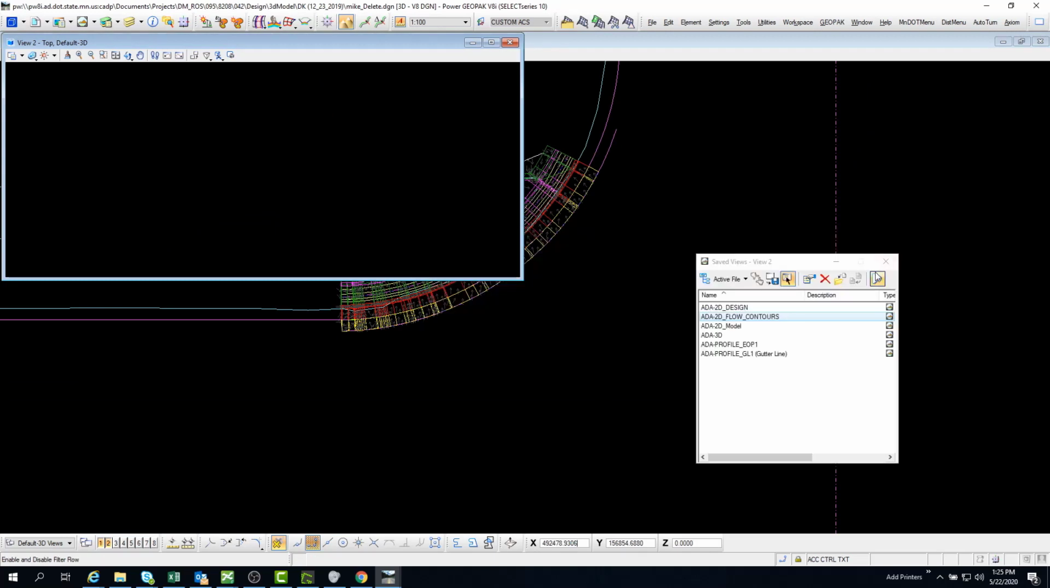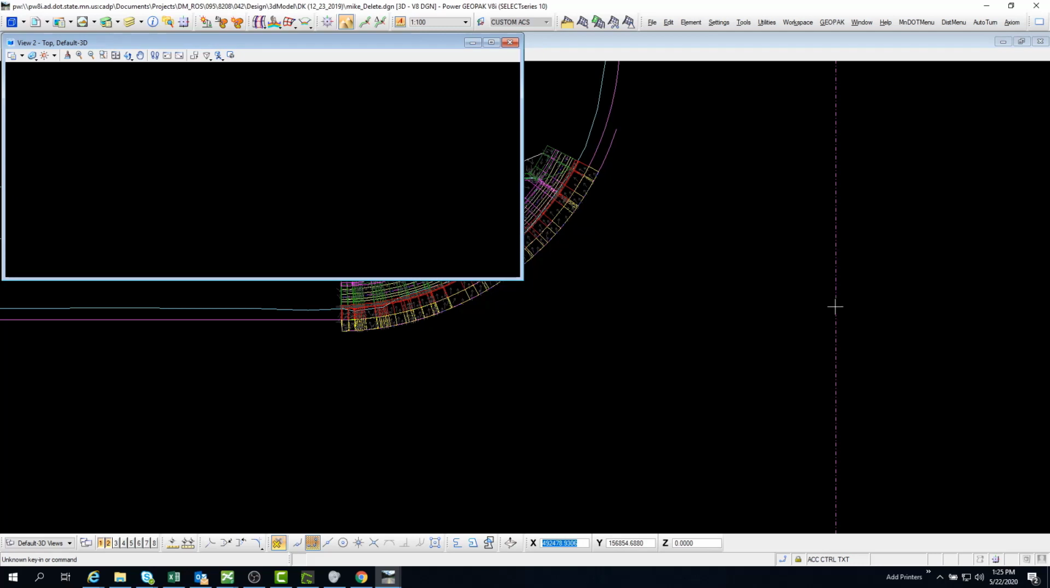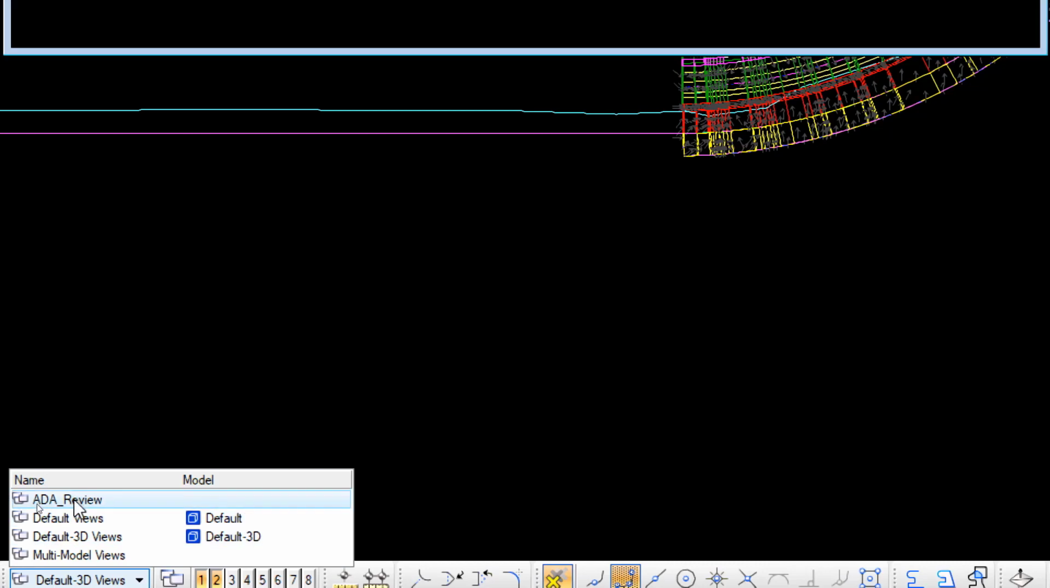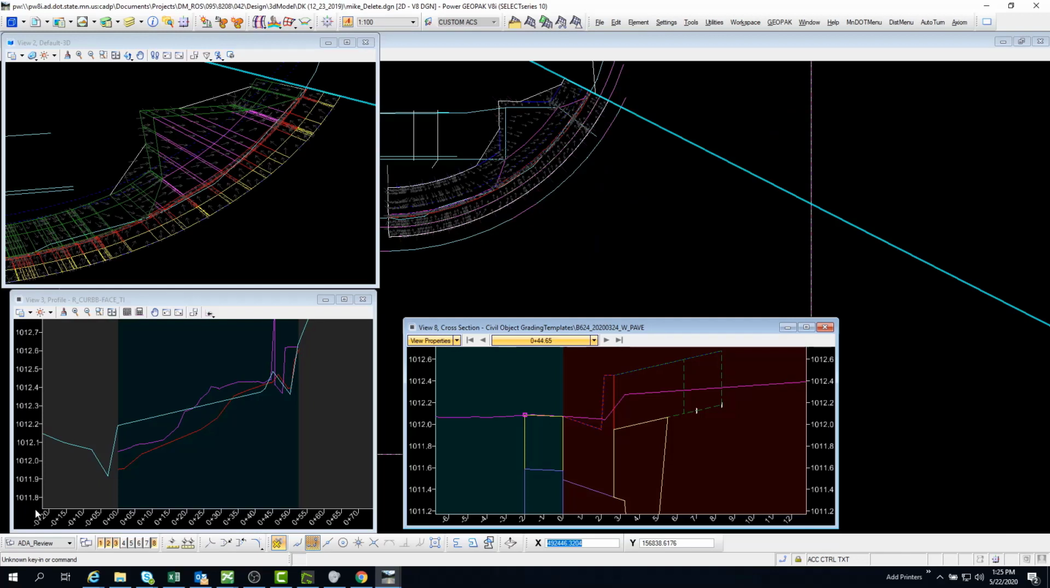ADA people to come in there with everything loaded that they want to see. So they can come here, and if it's not around, go down to the ADA review saved view group, click on that, and then that just updates everything to the way that I left it. And for the modeler, when they're in this view and they want to go tangent to something else,